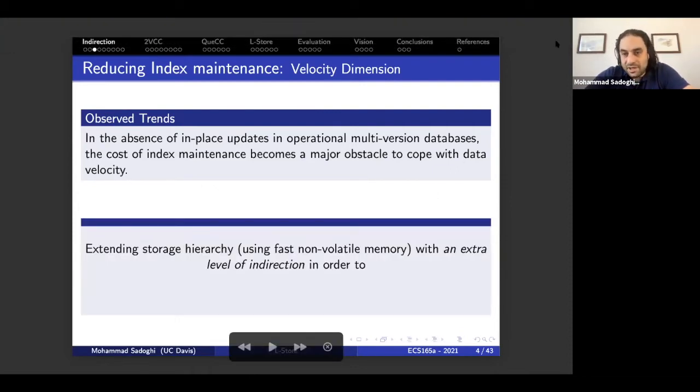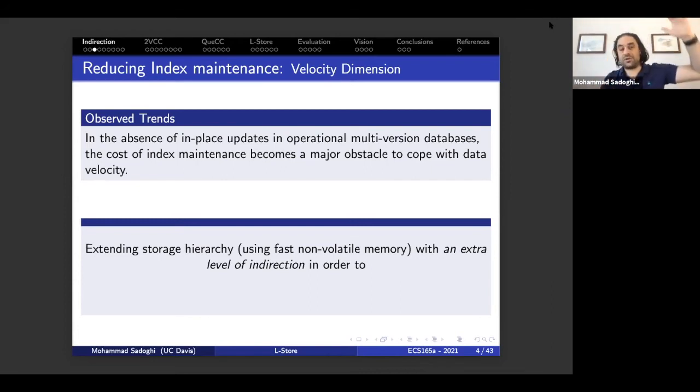And so here again, some of this has already been incorporated, and I'm giving it a different view. You've already seen this implicitly. So in order to deal with this index maintenance issue, we can envision the storage hierarchy that we've been repeatedly talking about: we have main memory, we have SSD, we have disk, and potentially tape, and perhaps even other devices in between. So if you imagine this extended